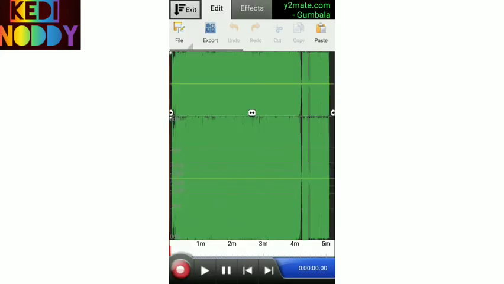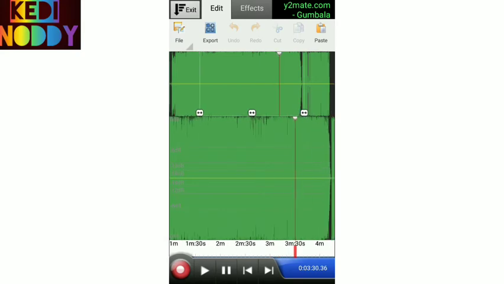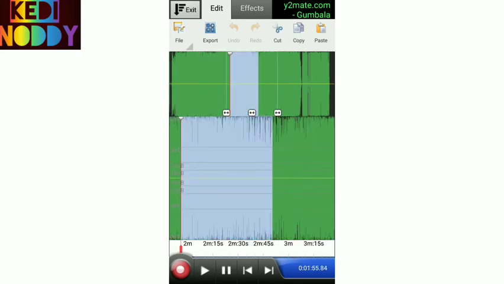After loading is completed, you see the screen is divided into two. The upper part cannot be zoomed. The upper part is just for choosing the time, or tapping which part of the song, that is which duration of the song, you want to convert, and the down part can be zoomed. See here, the down one can be zoomed.